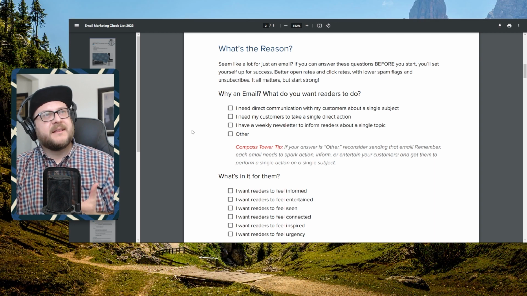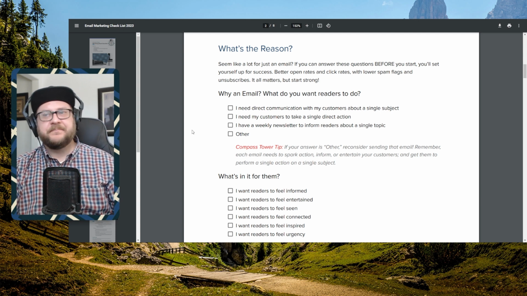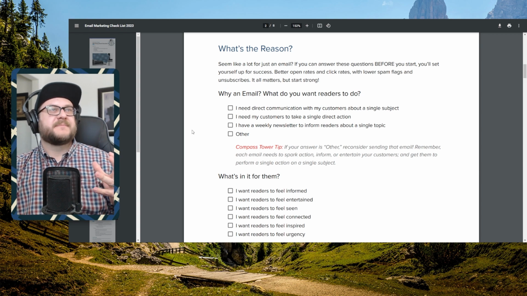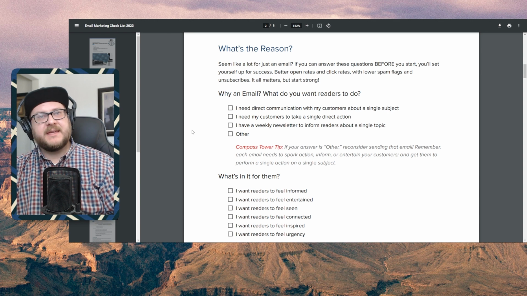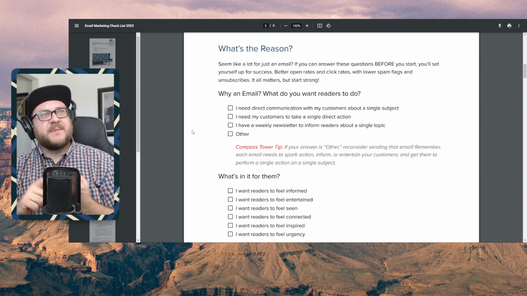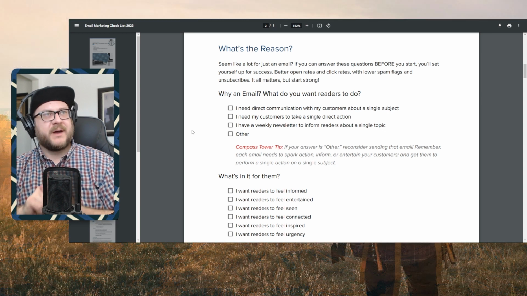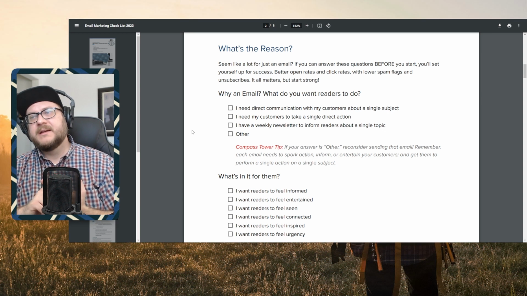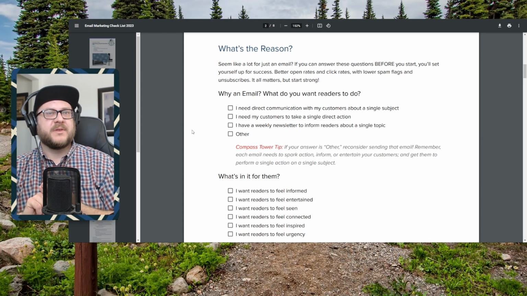simplify the content. Because I think a lot of people are afraid: I'm going to email this and it's going to go out to so many people, and I need to shove everything in it. Like, I need the whole kitchen sink. Well, my take is each email needs to be on one subject, have one call to action, and go to one specific buyer. That's really critical, because a lot of people are not focused with their emails because they're trying to accomplish so much with one piece of content.